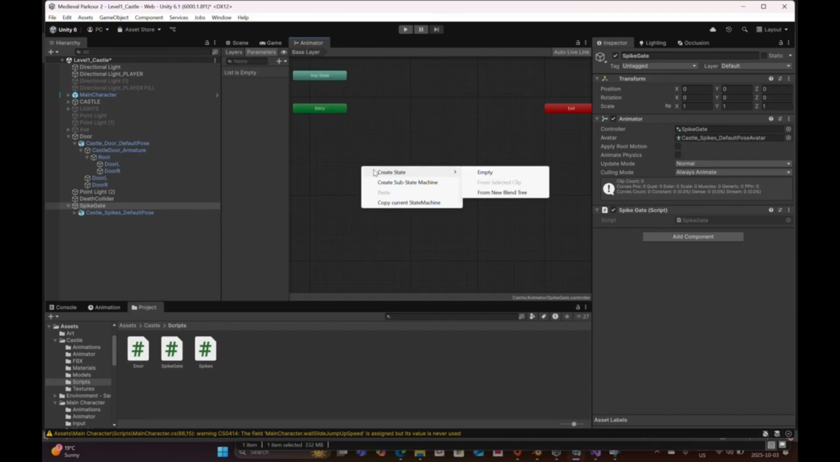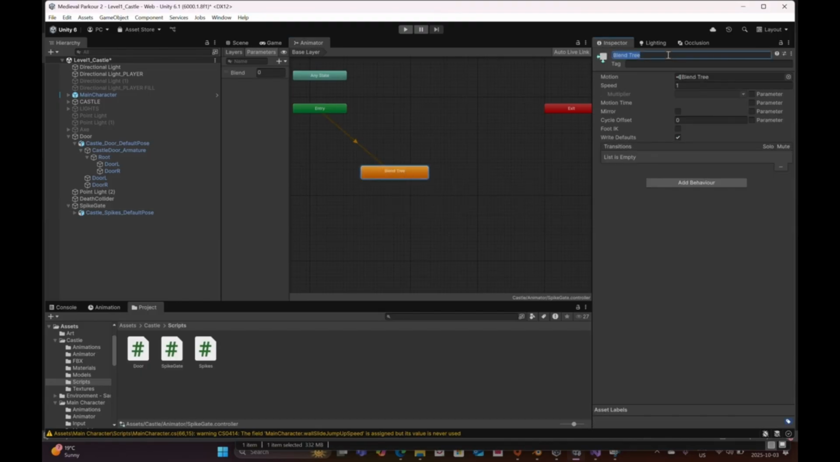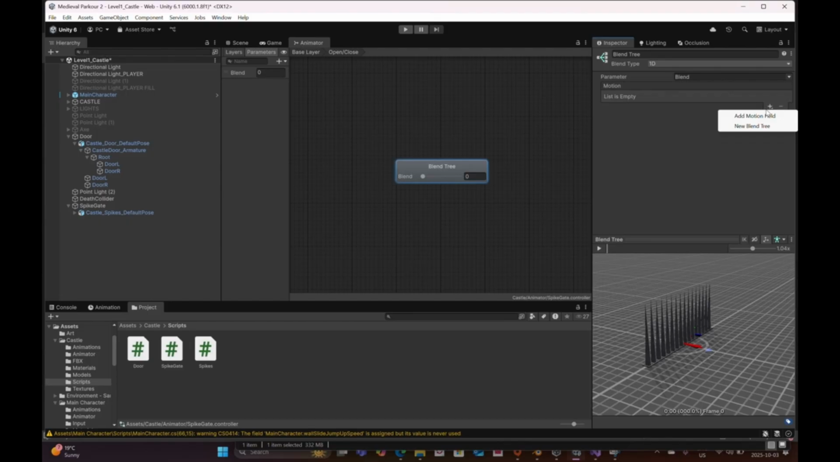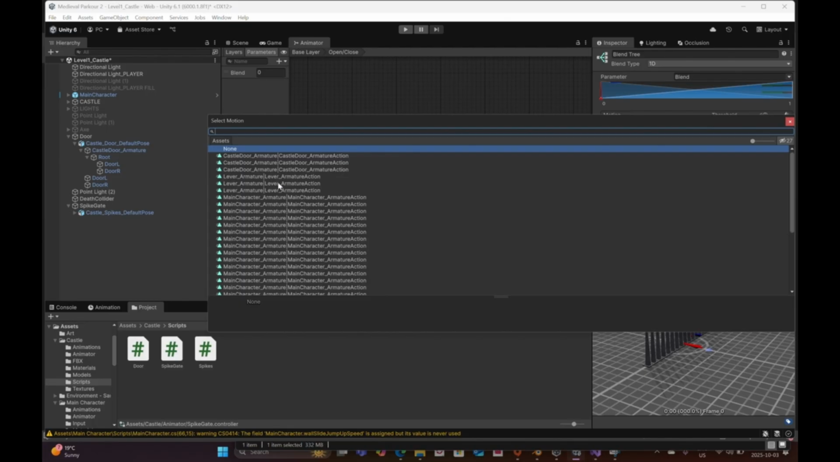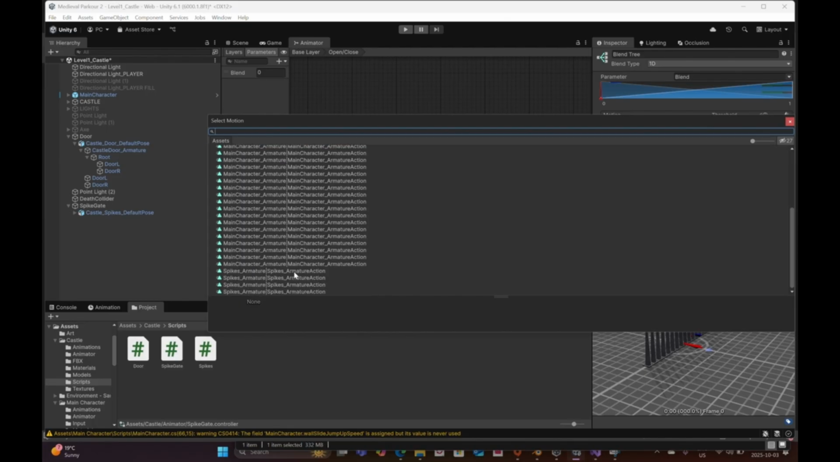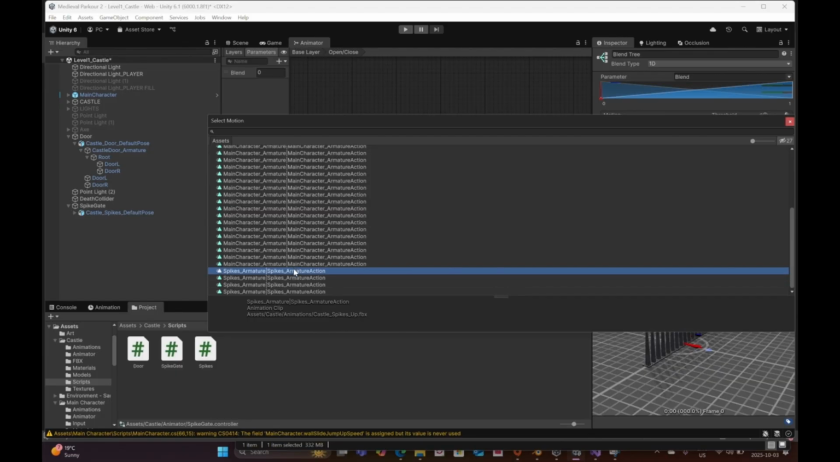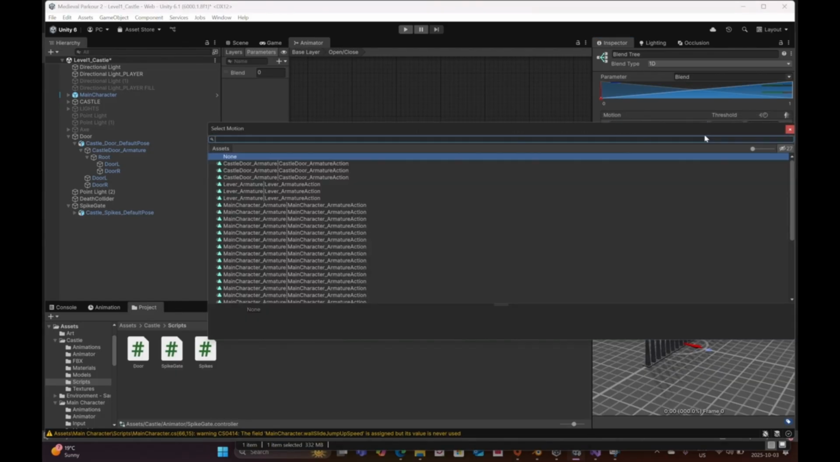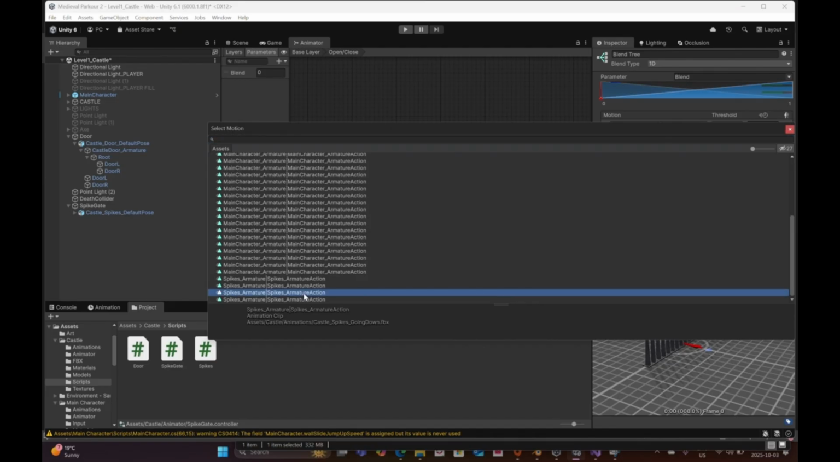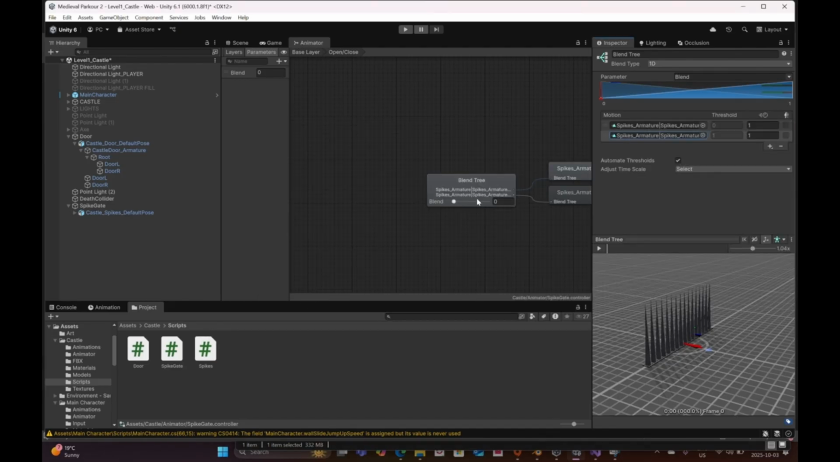So I'm going to right click, create state from new blend tree. This one I'll call open close. I can open that up. I want to add 2 motion fields. One's going to be up, and the other one is going to be down. So if I press play, oh, I forgot to